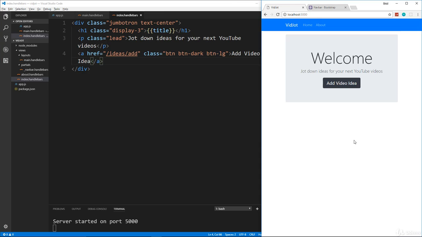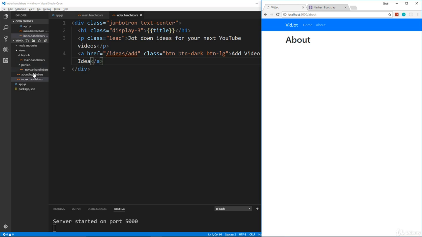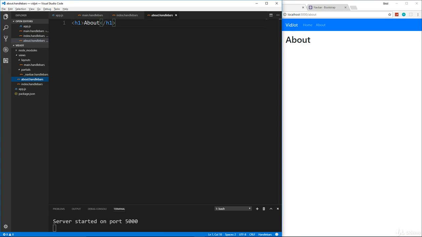And there we go. There's our index page. So for the about page, that's going to be very, very simple. So let's go to about.handlebars. And all I want to do is put a paragraph in here. And we'll just say this